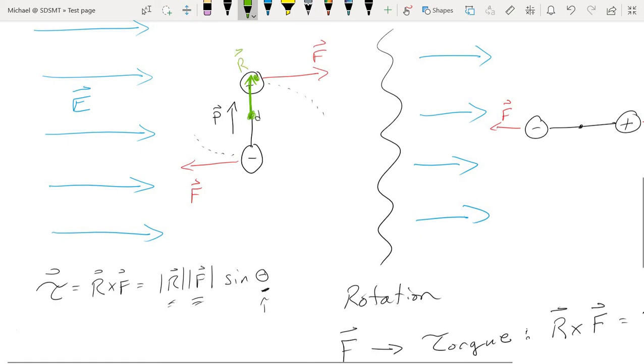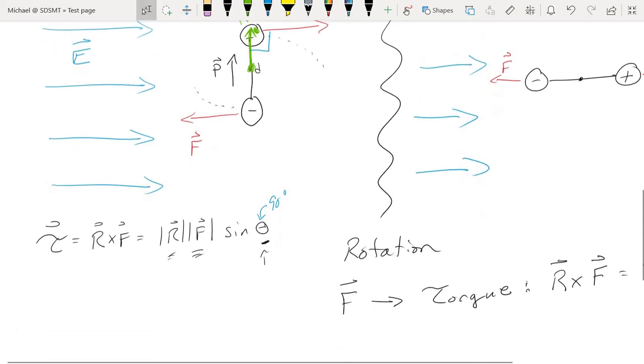That's the radial vector. What we can see here is that the angle between the radial vector and the force vector is 90 degrees. If we plug in 90 degrees for theta, sine of 90 is 1. All we get for the torque is the multiplication of R and F, which in our case